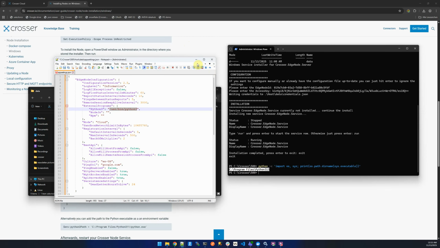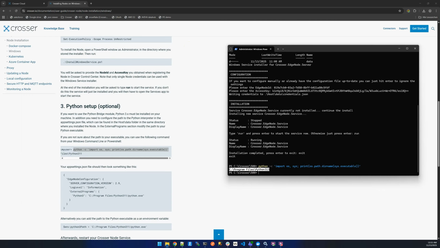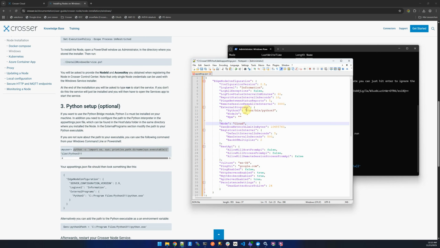One thing to keep in mind is that, let me drag this down a little bit, this command will give you the path to Python with backslashes, but in the JSON file, you need to use forward slashes. Everything else can just be copied from here. So I will copy this one, open up the appsettings.json, replace the backslash with a forward slash, and then I need to add python.exe here. That should be it. Saving this file,